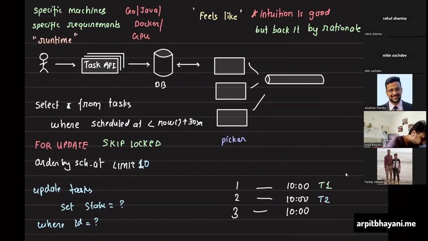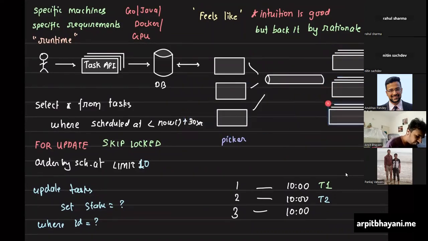So now let's say on the production side or on the executor side, I have different sets of machines, one optimized for memory, one optimized for Java, one optimized for Golang and whatnot. And the picker can then put the message in the corresponding queue. If you have multiple queues, you can use Kafka and whatnot, have multiple topics, different ways to implement it. But the idea is that you would have different types of executors that are specialized machines whose job is to execute that particular task really well.